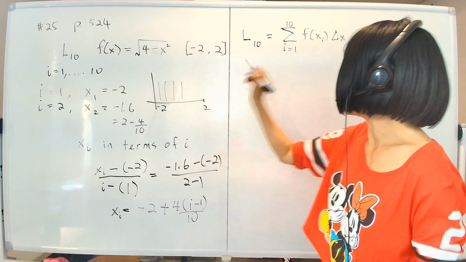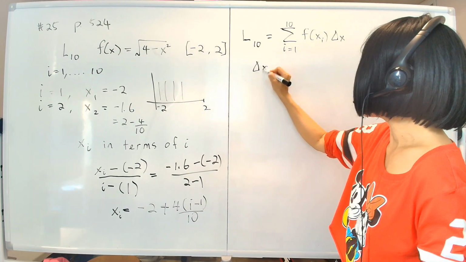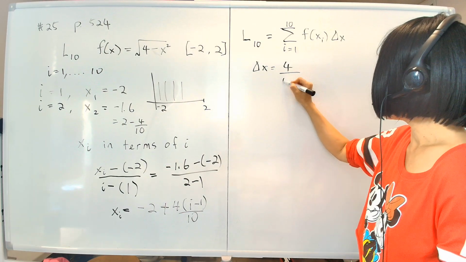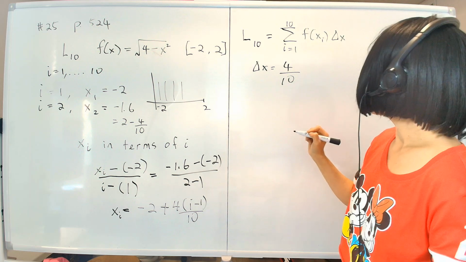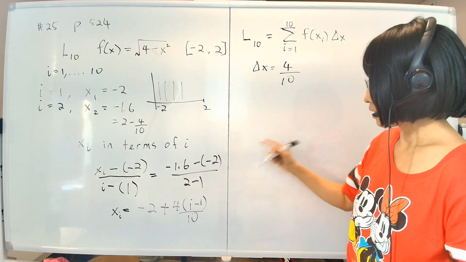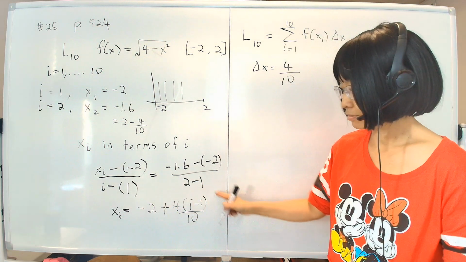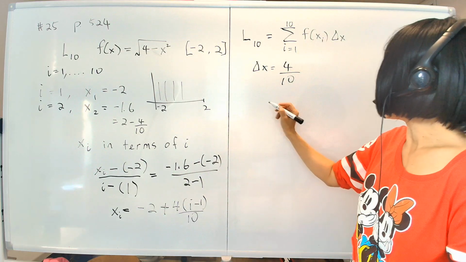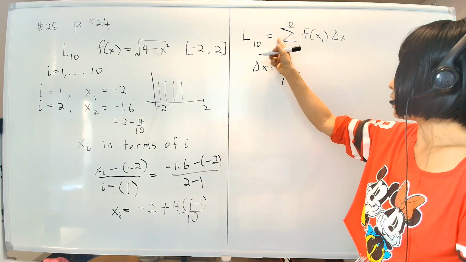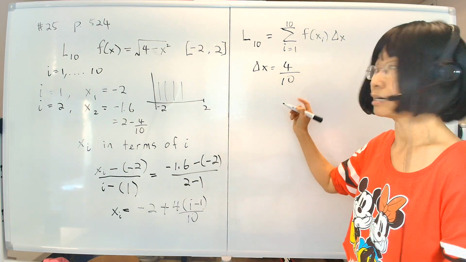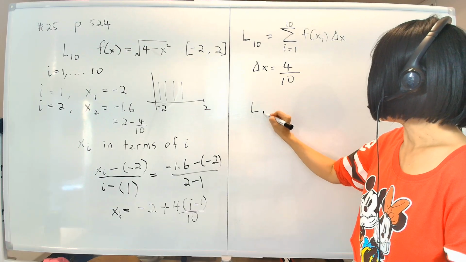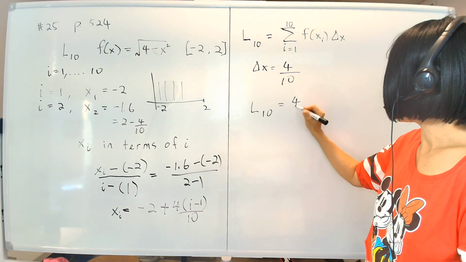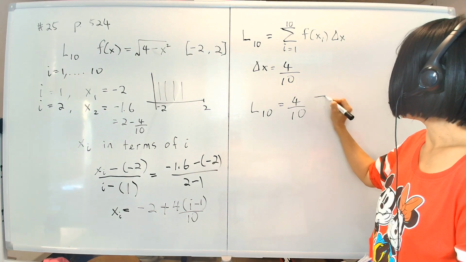Each slice is 4 over 10. So where delta x equals 4 over 10, and then okay, that's good. And then xi equals this stuff right here. So we'll put all that in. We'll take delta x in front because delta x is a constant. So we'll write it. So L10, the answer is 4/10 times the summation of